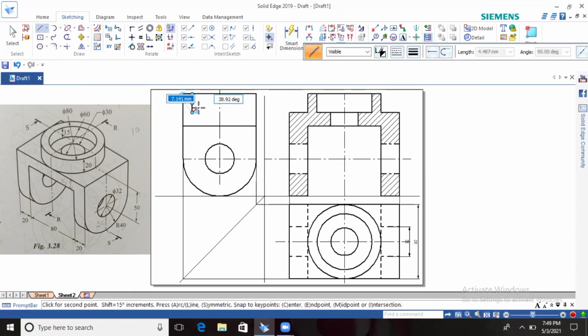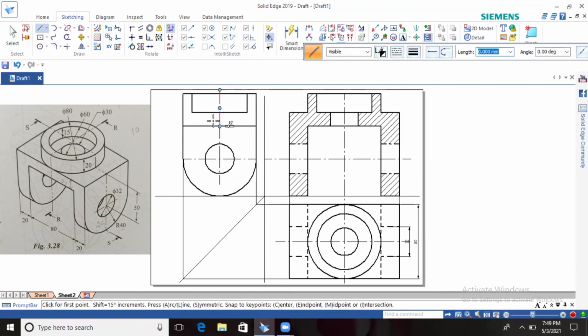Join to the center, but the whole total distance is 30 and 30. So the total distance is 60, the second circle is 60. Take 30 and 30 on both sides, and join to the up line.